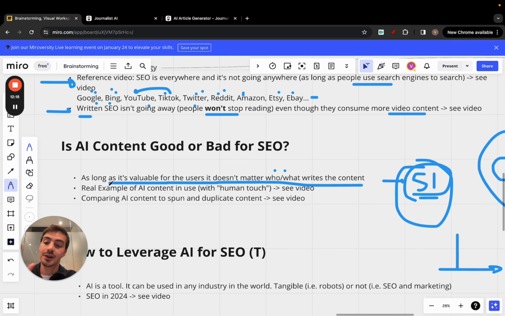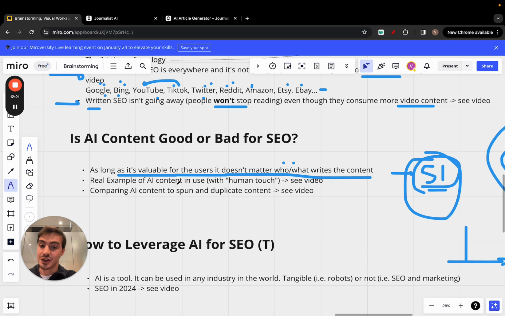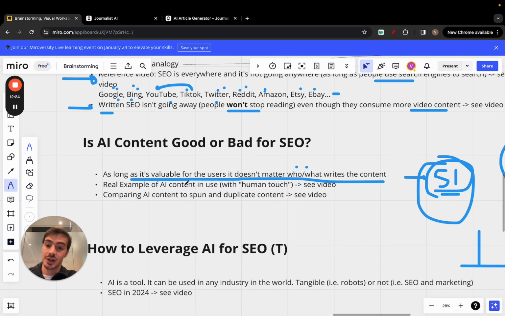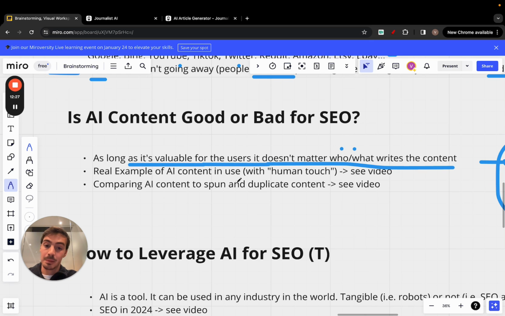Now, I'm going to link here a video which is a real example of people leveraging AI for their content creation. Granted, some people still use what is called a human touch. Yes, you can produce content with ChatGPT, but in some industries it's important that you give out some human touch. For example, if you're writing a medical article, you can write the outline using AI, but it is important, and Google says this, that it be proofread by a doctor and edited by some other doctor, with personal experiences or images from your findings.